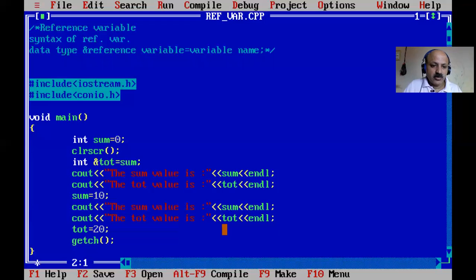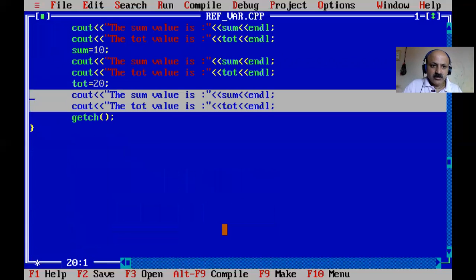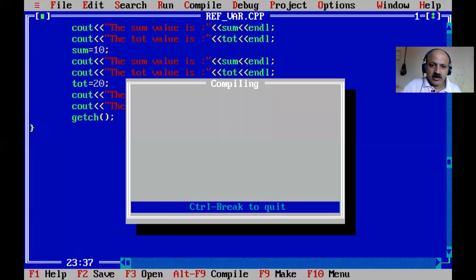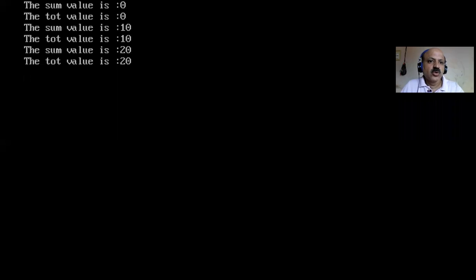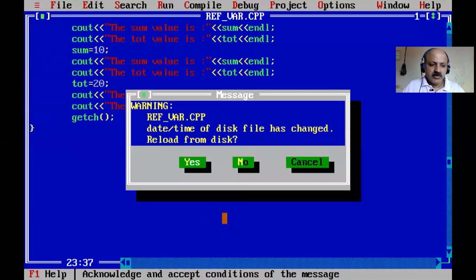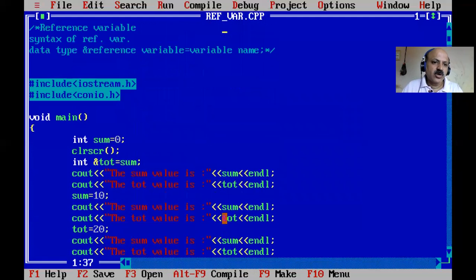So what is the value of the two variables? So again I print the two variables, and let us check what happened. Yes, both are 20, so that is proof of one cell of 2 bytes, because integer data type holds 2 bytes, and that sum and total, that is 20. So we can first initialize sum, both have the same value, then initialize total, then both are the same. So we can say that is one location with two names.